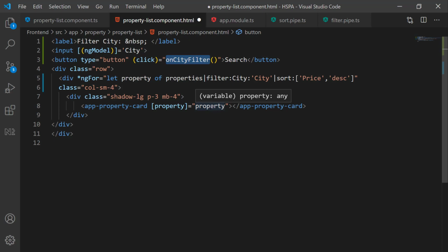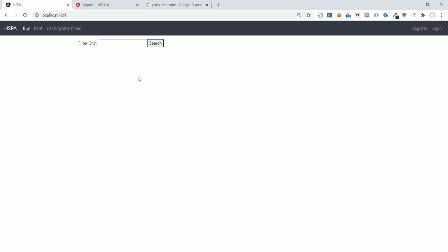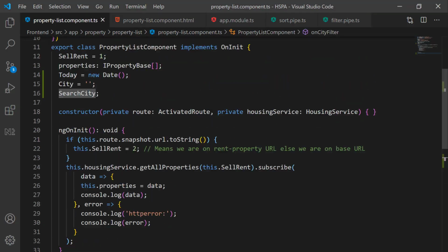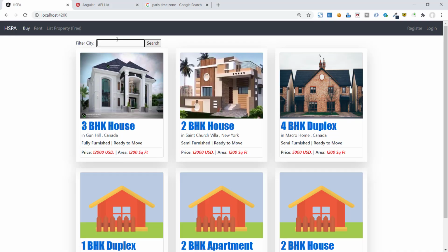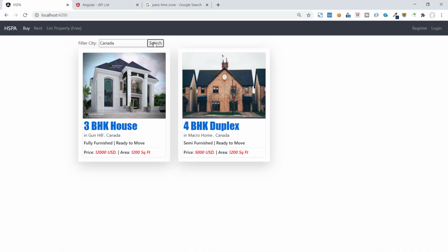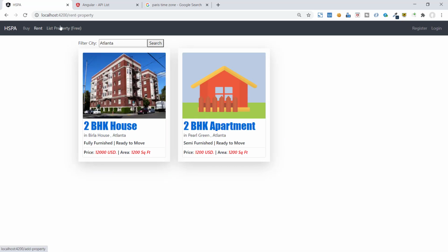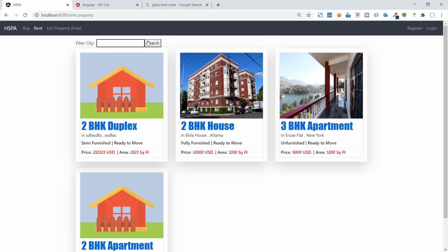Now here at filter pipe, replace this search variable with search city. Since we have to set search city blank, by default we get all the data on this list page. So now the user can filter the desired city, and this list will get filtered only when the user clicks this search button. But to clear this filtering, we have to manually set this search string to blank.